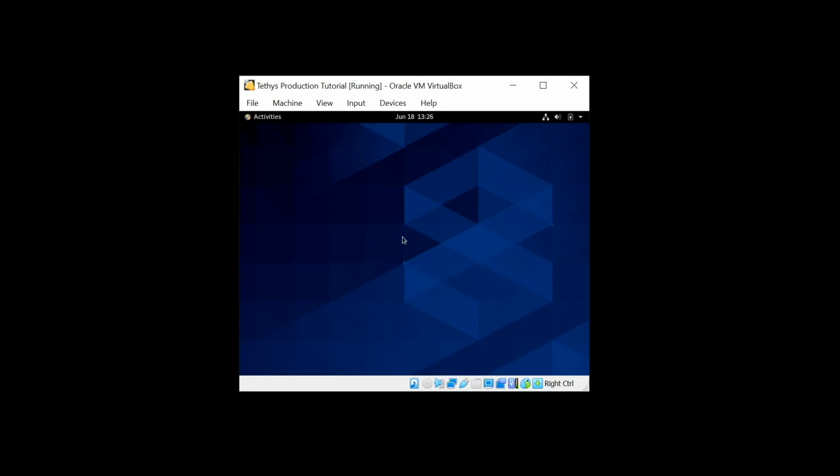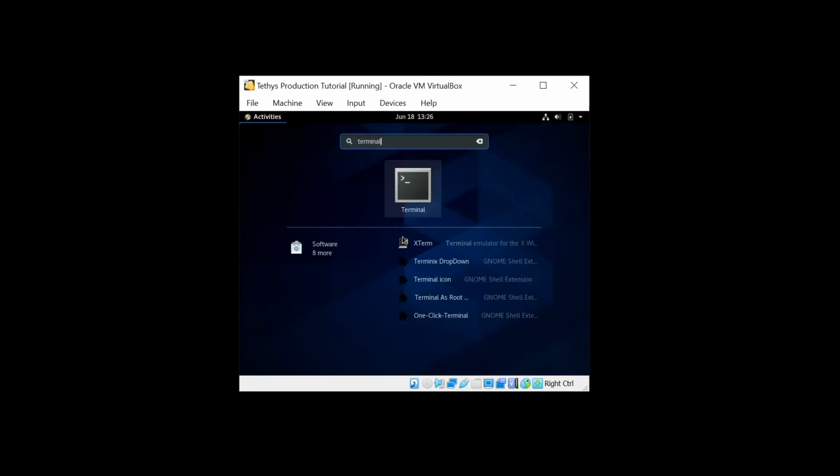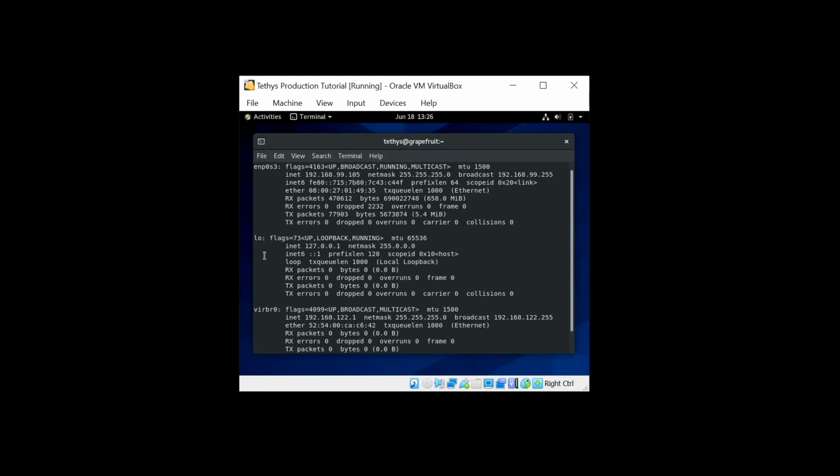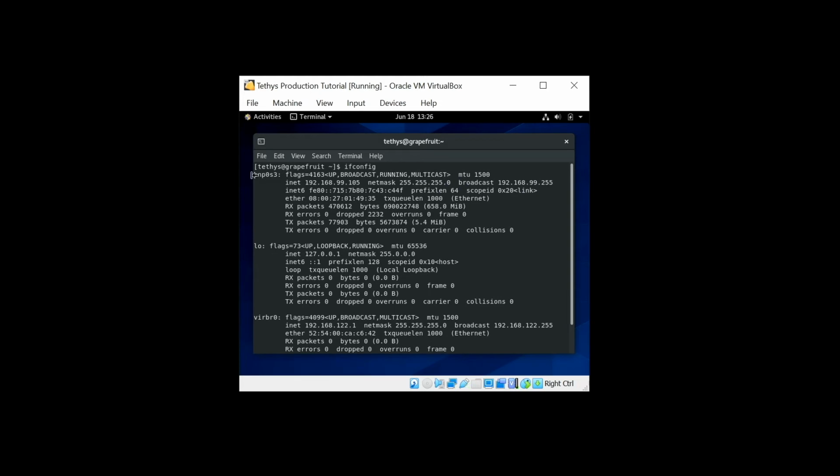Then open a terminal, and type ifconfig. Locate the entry that starts with EN, and then identify the IP address. For me, it's this IP address,